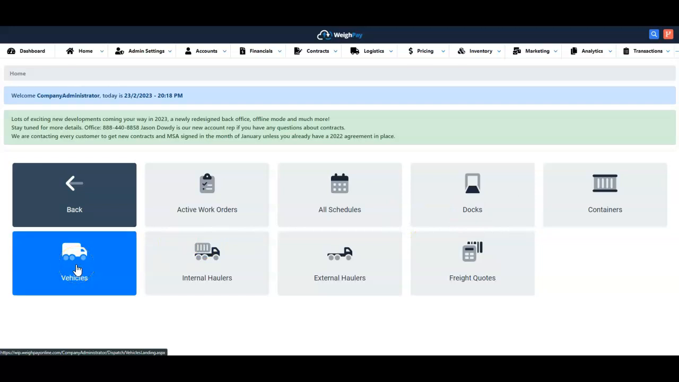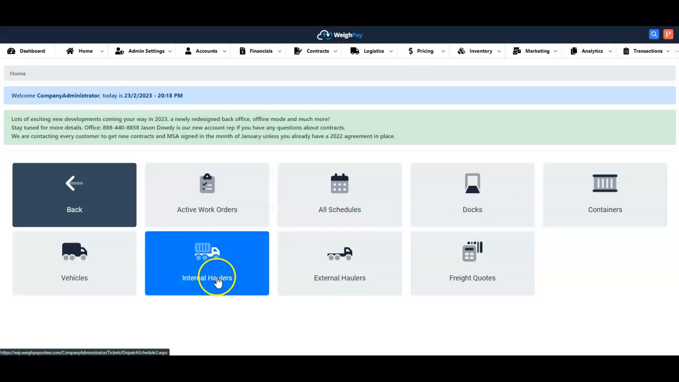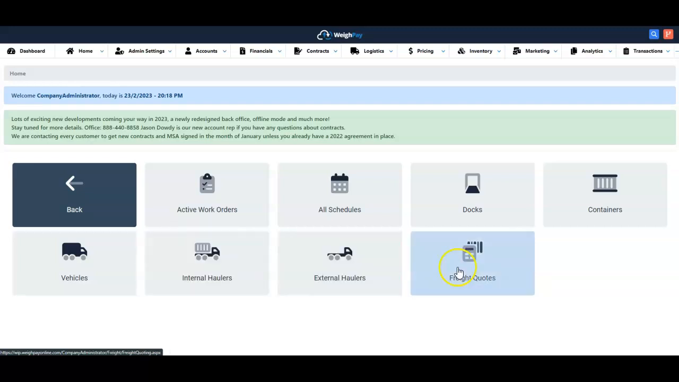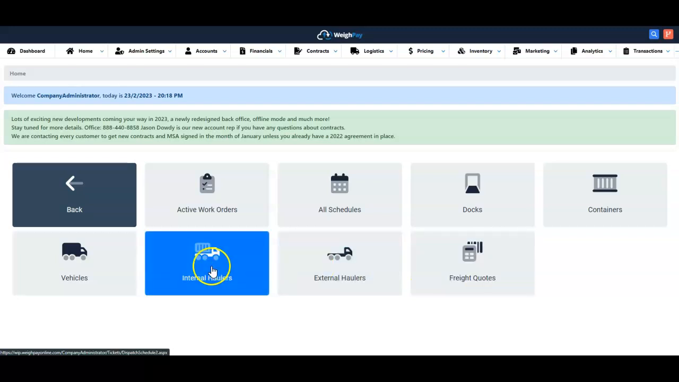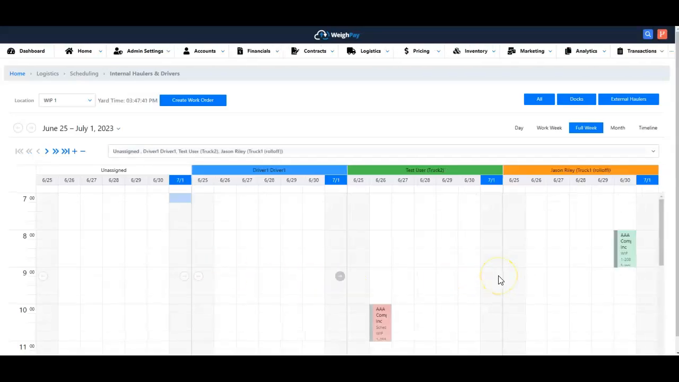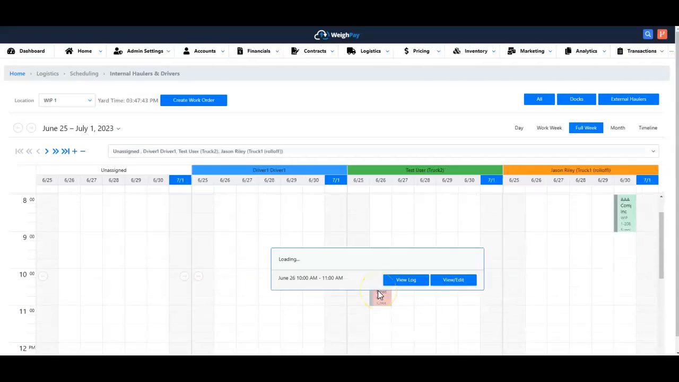We can look at our vehicle or truck inventories. And then we can go look at any of our internal haulers, should we have our own trucks. We can look at third-party haulers, should we have any third-party haulers. And we can create freight quotes as well that are associated with all of our dispatch systems. So if I go to internal haulers, for instance, we can go look to see if we have any of our own trucks. And you can see here that if I highlight this